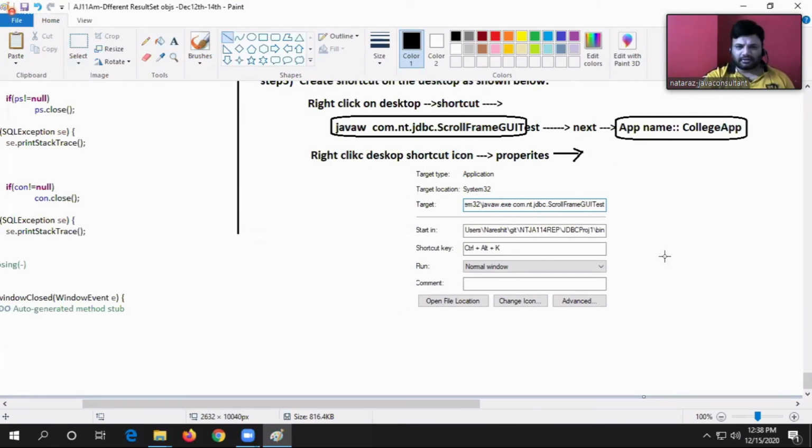Yes, this is one thing we have to choose: the shortcut key. We also have to choose the change icon. These are the three things. The remaining things are not required.